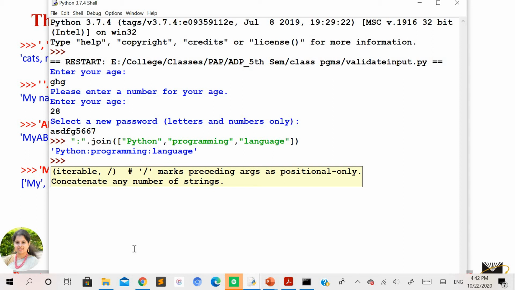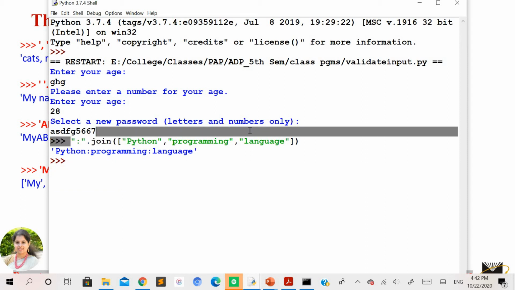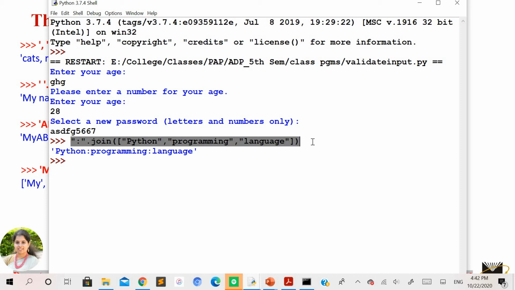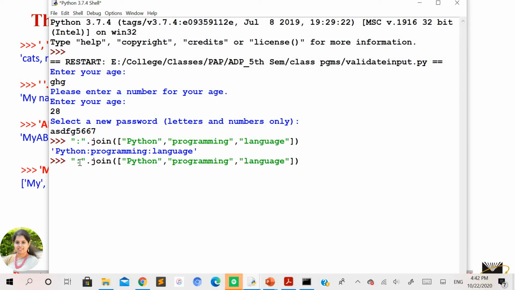So for example, if I take the same example with a different parameter for joining, here you'll get to know more clearly. So instead of a colon, I'll simply take a comma over here. So you can see the elements of the list have been joined, but with this parameter for the joining. So the joining element is a comma here, whereas in the previous example the joining element was a colon.